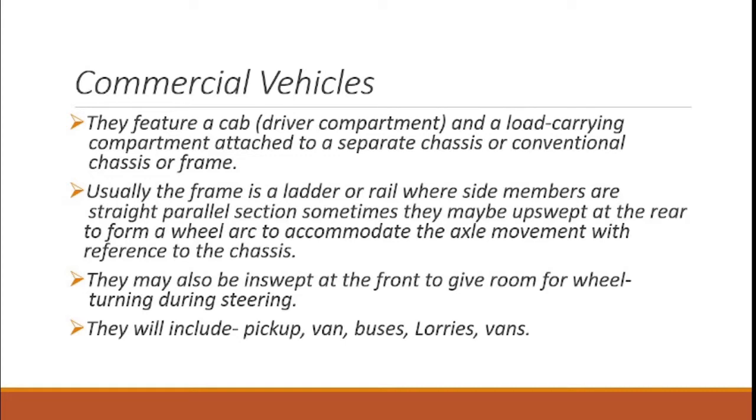And then let's address now commercial vehicles. Commercial vehicles, they feature a cab. Cab is a driver compartment and a load carrying compartment attached to a separate chassis or conventional chassis or frame, right? Usually the frame is a ladder or rail where side members are straight parallel sections. Sometimes they may be upswept at the rear to form what we call a wheel arch,